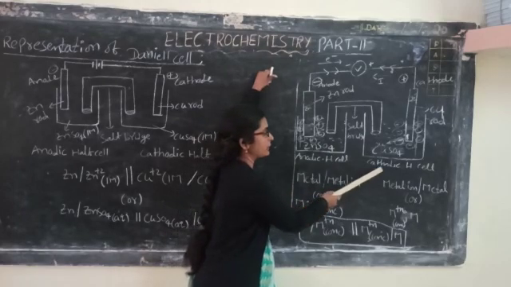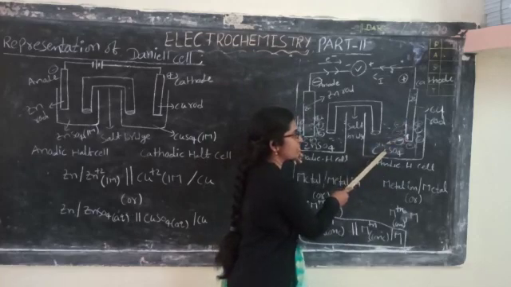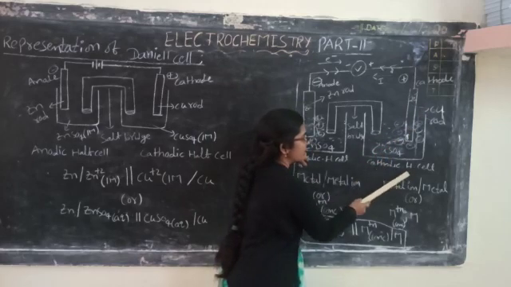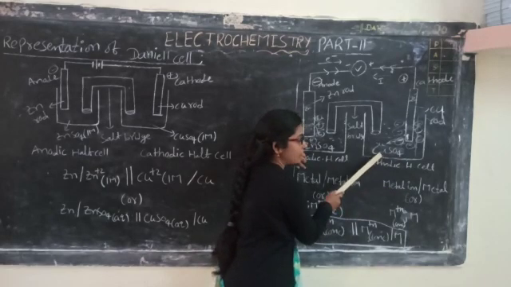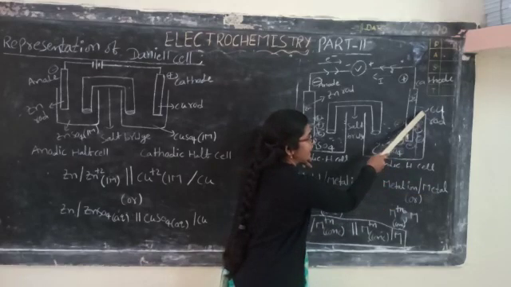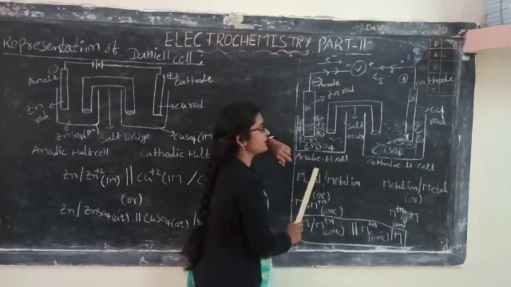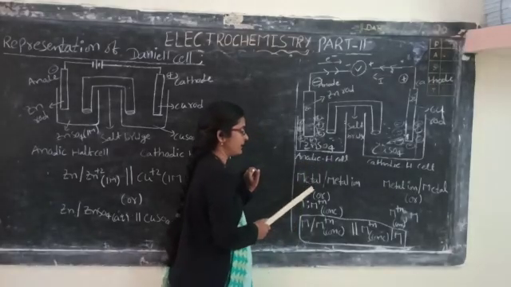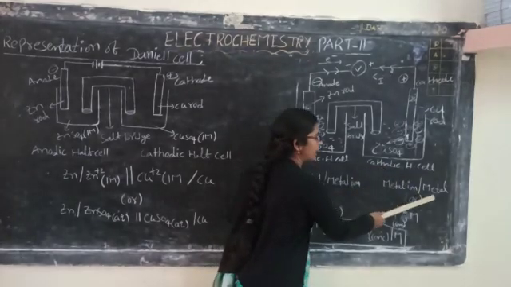Then we go to the cathodic half cell. Here also, metal is dipped in the electrolytic solution, and the metal is the metal rod. To represent the cathodic half cell, first we write the metal ion present in the electrolytic solution, followed by the metal, which is whichever electrode we have taken in the cell. So that is the metal ion followed by the metal. This is the difference between the anodic and cathodic half cells: in the anodic half cell we write metal followed by metal ion, and in the cathodic half cell we write metal ion followed by metal.